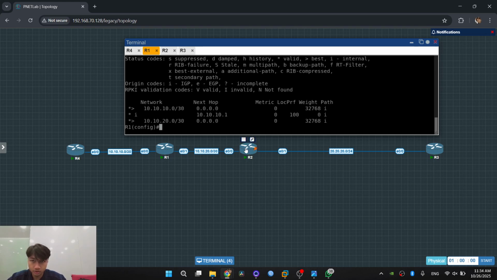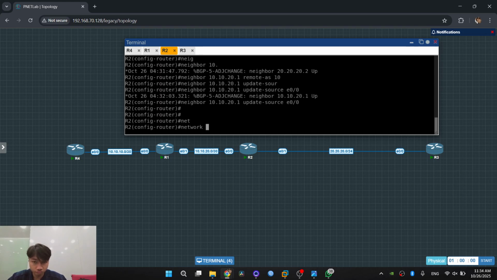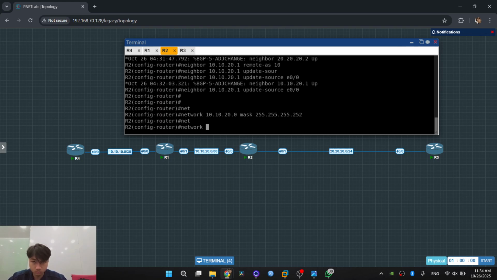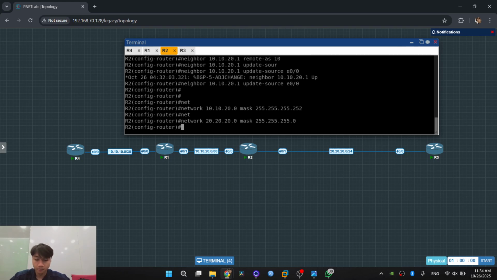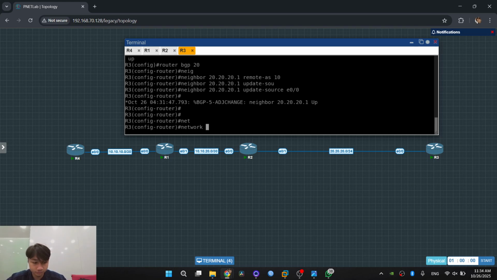Okay, and then we set router 2. And then we set the 3 network.